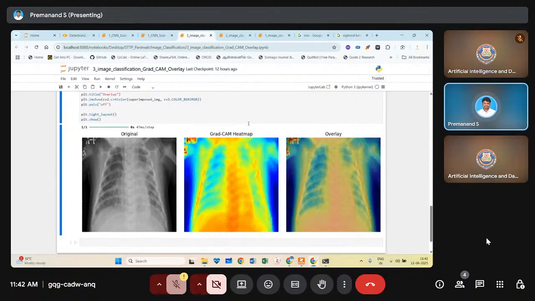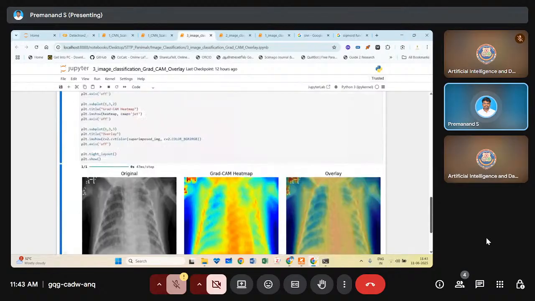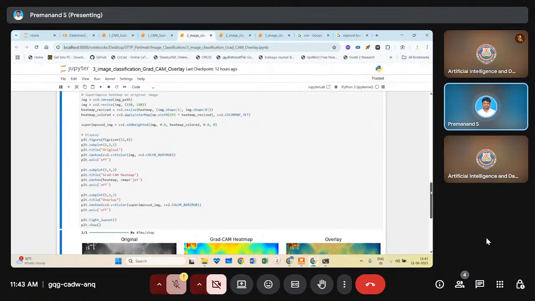Okay? For interpretability purposes we will be using these kinds of external tools in order to justify our work in a better way. It's not about 99 or 98 or even 100%. It is about how far we are justifying to the reviewer or to the expert persons. Apart from the classification, we'll be doing this kind of heat map to show the justification. So this is another thing we can do with deep learning in the medical field. And the next thing is